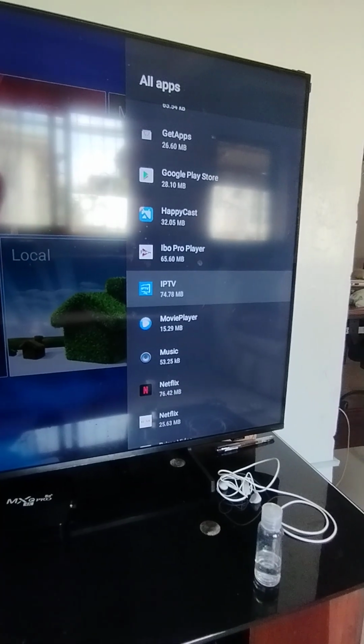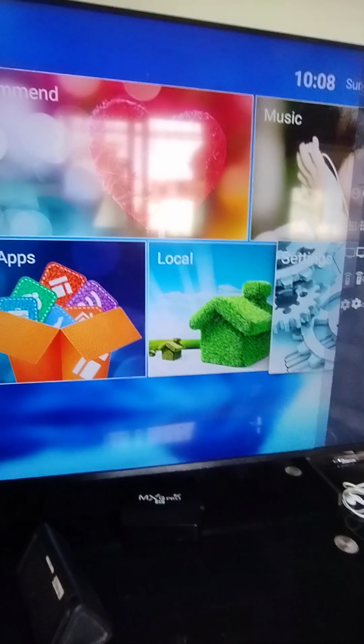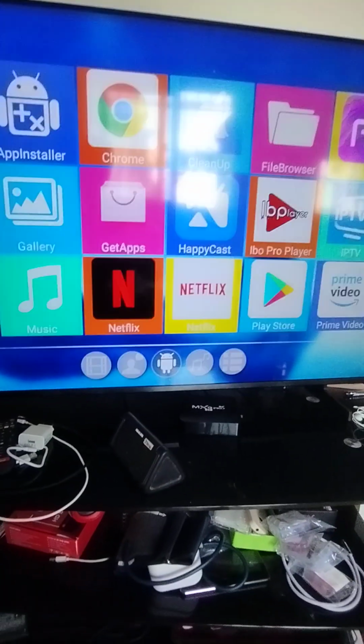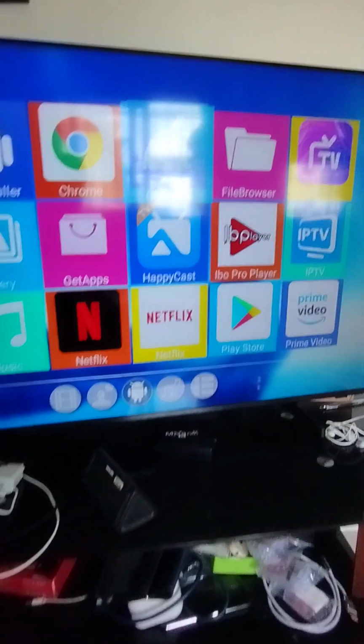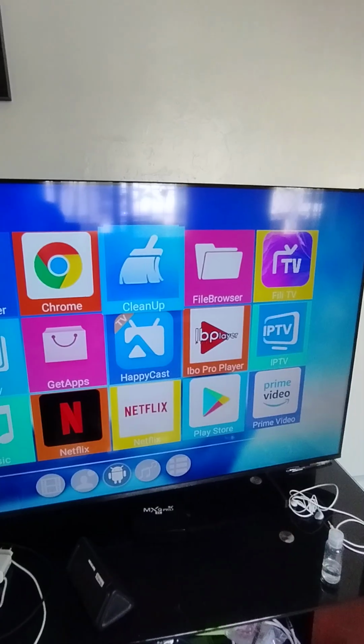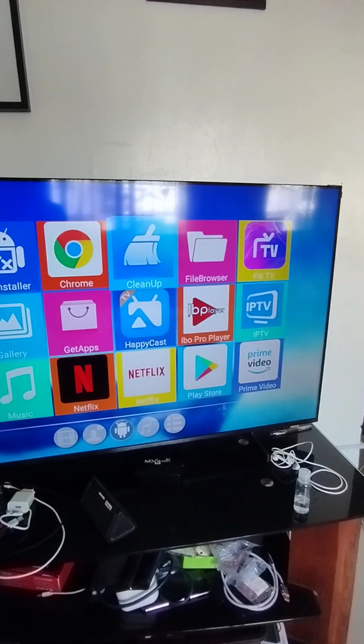So you can select that one, or you can go to my apps and there's a clean up. So clean up, yeah, so you can just select that one and see.